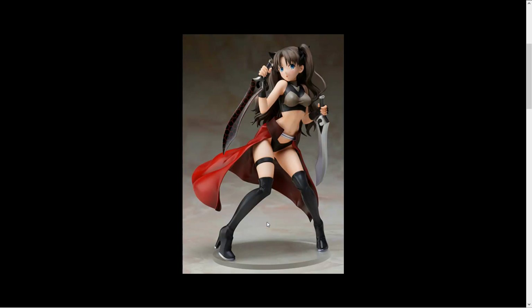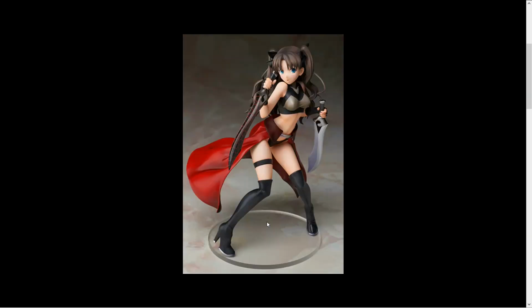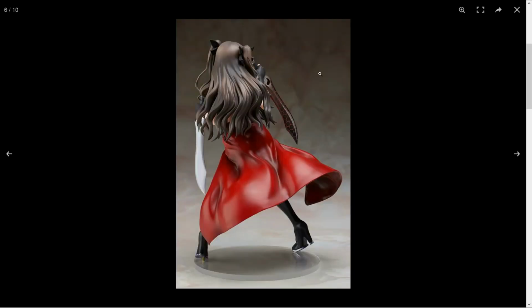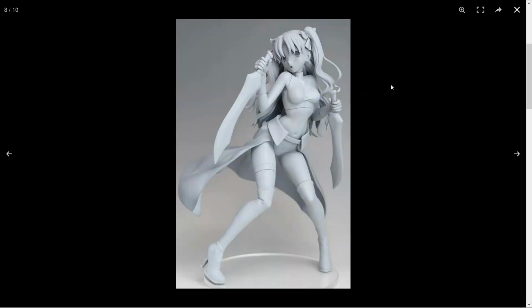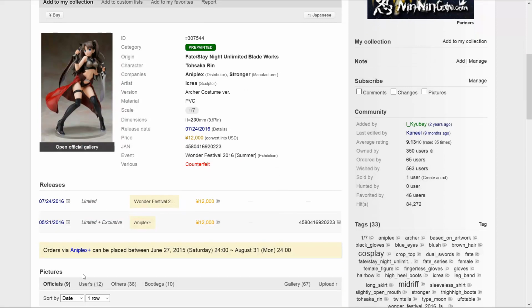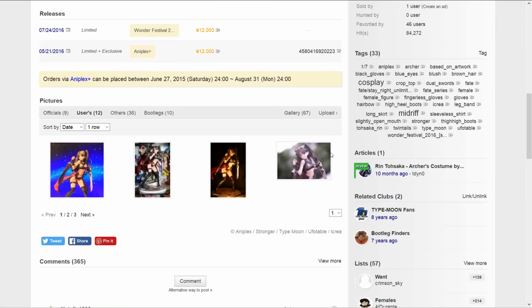Of course, I'm sure there's Fate Stay Night fans and there's Rin fans out there that would want to murder me for saying that because they would love this figure. But I don't know. Like I said, I just don't think it turned out very well. It's kind of shiny looking too. There's the preview picture, or the gray prototype, and it has been out for a while and only 12 user pictures, and average rating 9.13 out of 85, so not a horrible rating honestly, but